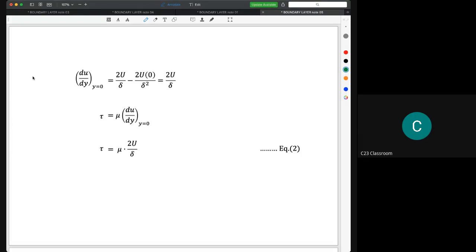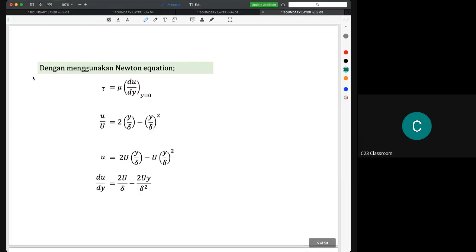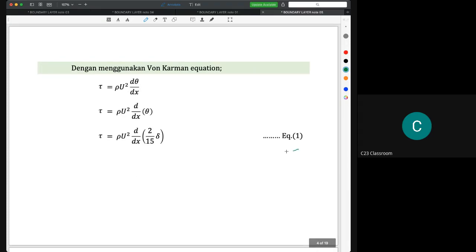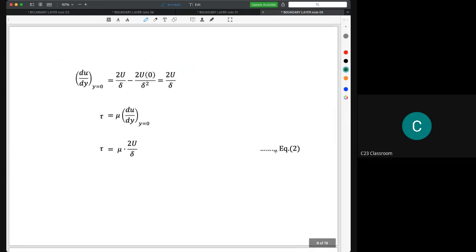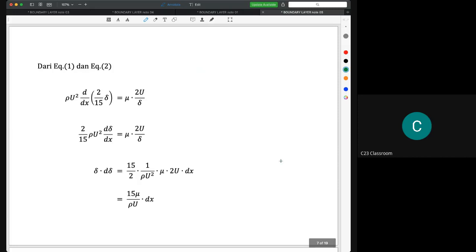Okay. So now we have two equations. One equation is from von Karman, equation 1 here, and then we have the equation from Newton's law, which we state as equation 2 here. So now we equalize equation 1 and equation 2. This is the equation from von Karman, and this is the equation from Newton. So here, what we need to do is